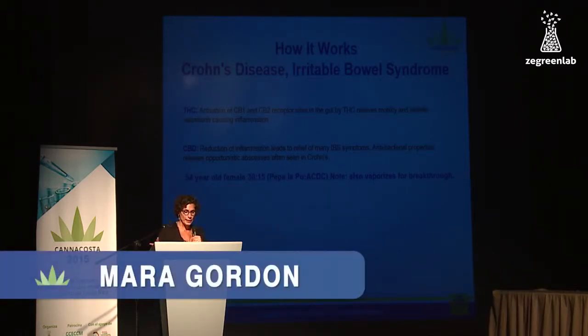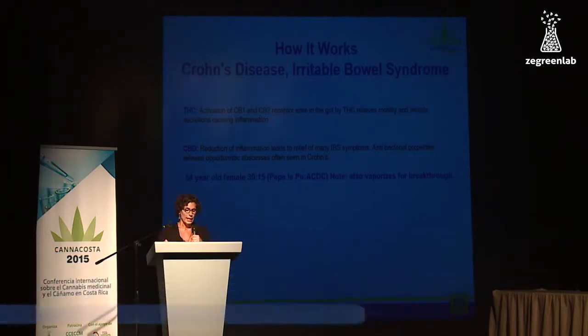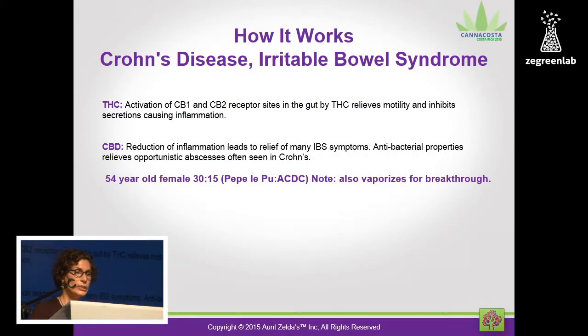Crohn's disease, irritable bowel syndrome. The THC, once vented, activates the CB1 and CB2 receptor sites in the gut, and it relieves the motility, inhibits secretions, causing inflammation. So that makes everything in your stomach just work better. I also would say that you should include THCA in any protocol that's for Crohn's or irritable bowel, which is the raw, once again. The CBD reduces the inflammation and reduces a lot of the symptoms. It also has antibacterial effects, which is very important because of the opportunistic infections that are often present in people that have chronic